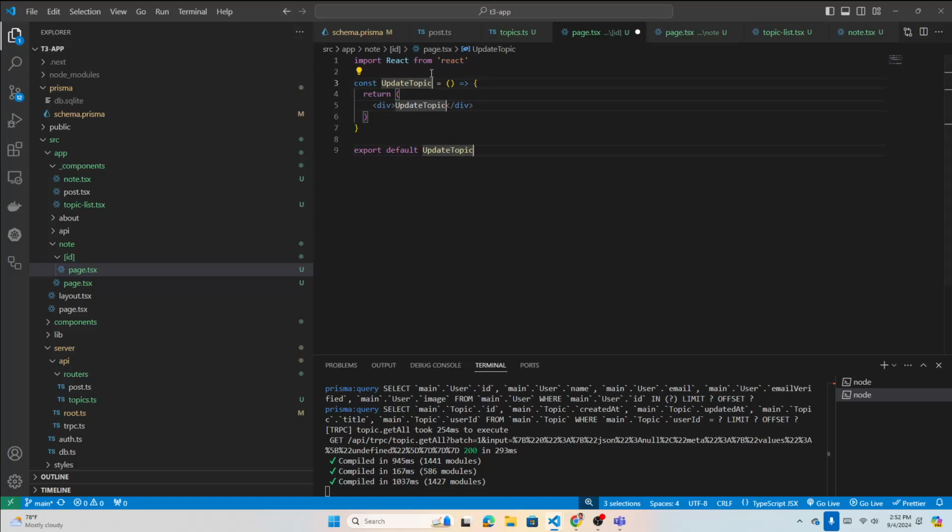Here, when you click, you're going to go to this page, and here you're going to get the ID from the params. That ID is basically a string, right? Okay, so based on this ID,